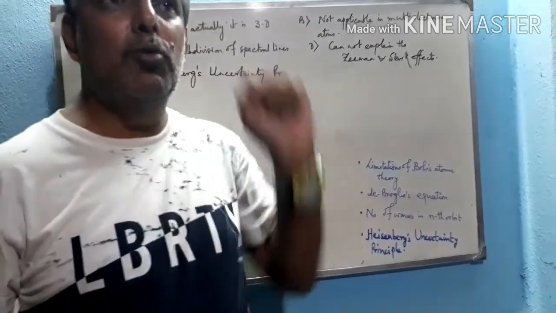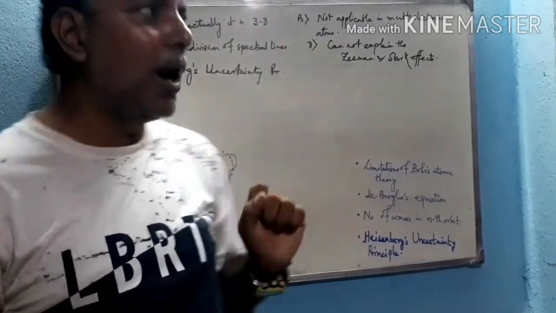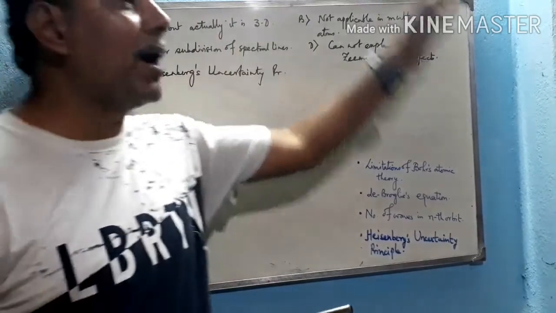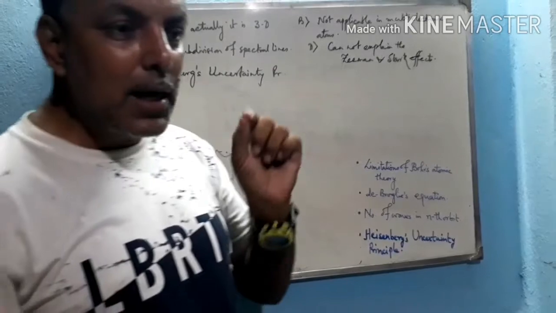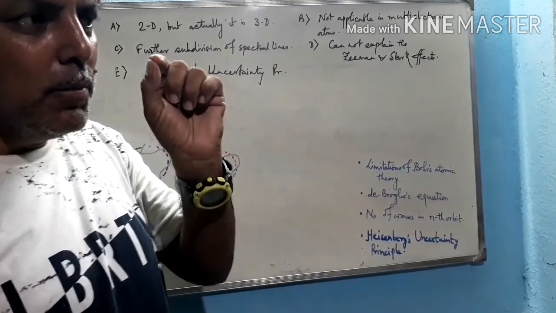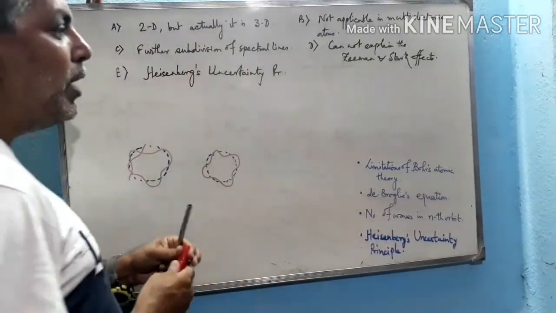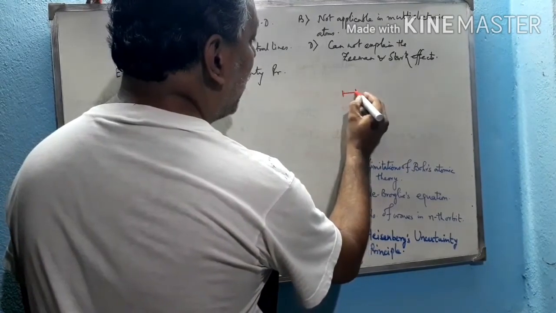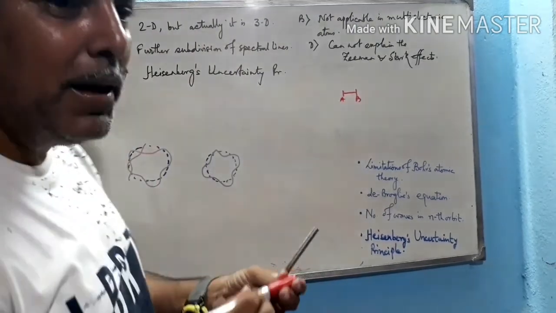So that amount of energy which a photon emits from a 1000 watt bulb is not sufficient to move this board from here to there, because it is a macro particle. But if we want to measure the size of a tiny ant, we have to find out the edge of the ant. Suppose A, B. We have to measure the length between A and B.